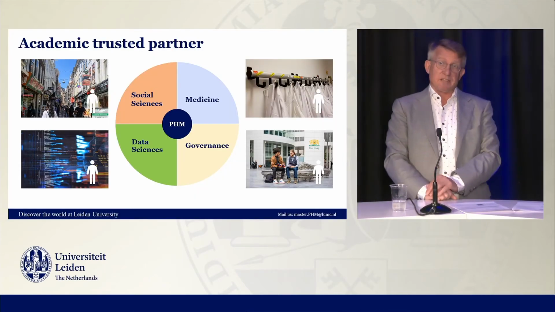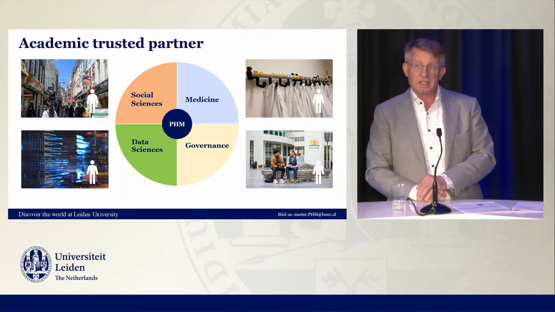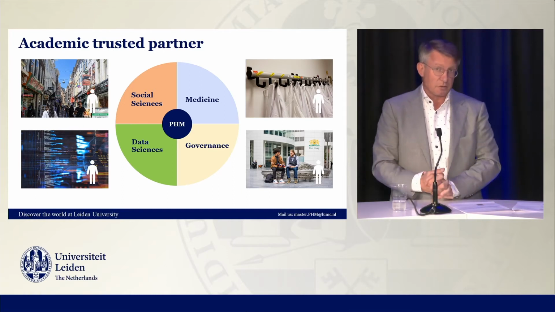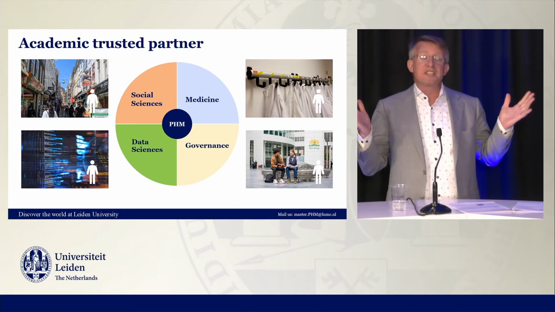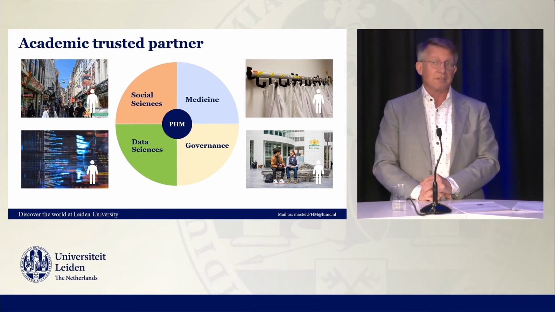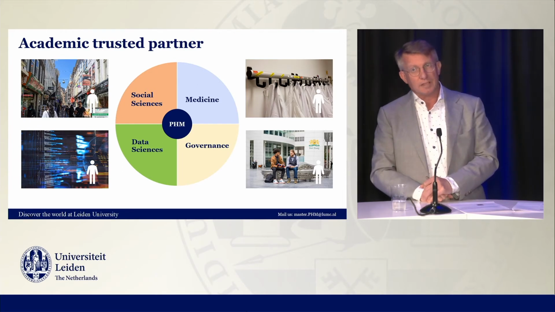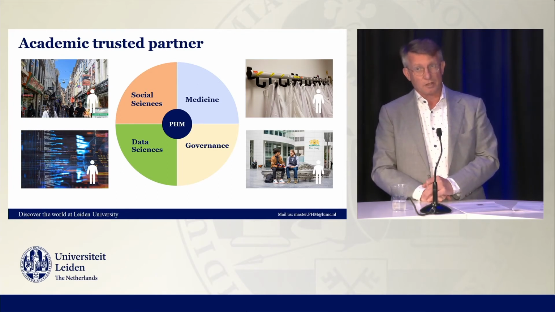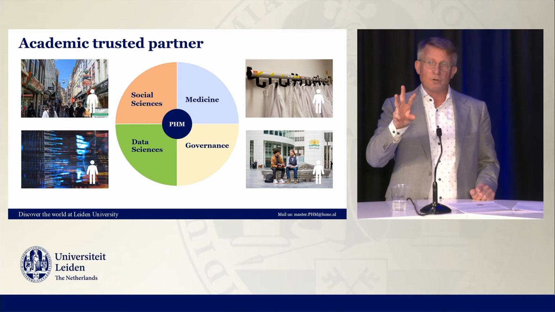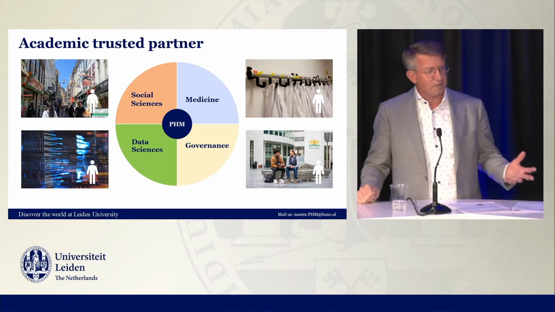So Mark, you just told us a lot about what population health management is and why it is important, but how does that look in the program? How did you build the master program on this information? Okay, we started with 4 pillars coming from 4 different disciplines, and these are the social sciences, data sciences, medicine and governance. And students, you have encountered those, and you see different faculty coming from different disciplines teaching within our master's program. So in that sense, it's really an interdisciplinary program. So we started from these 4 pillars, and based on that, we came up with the curriculum.